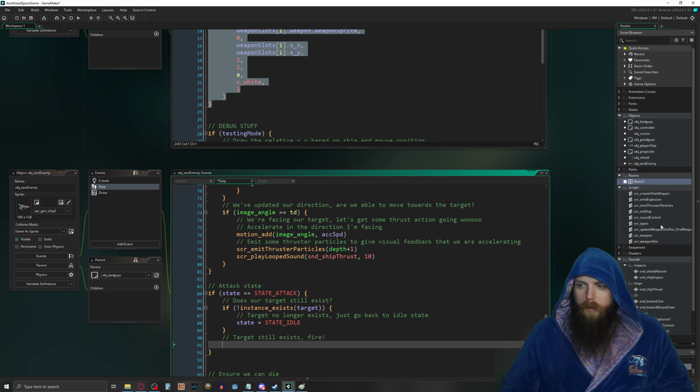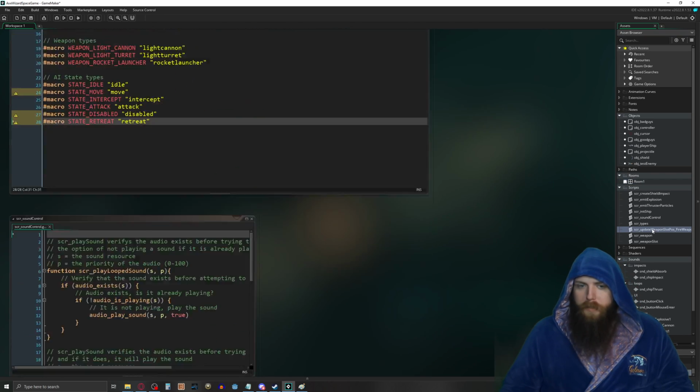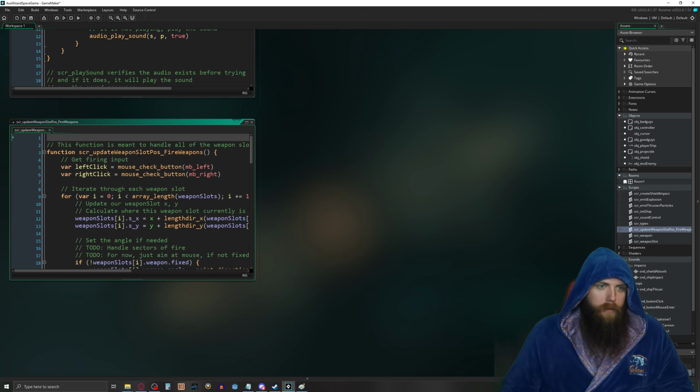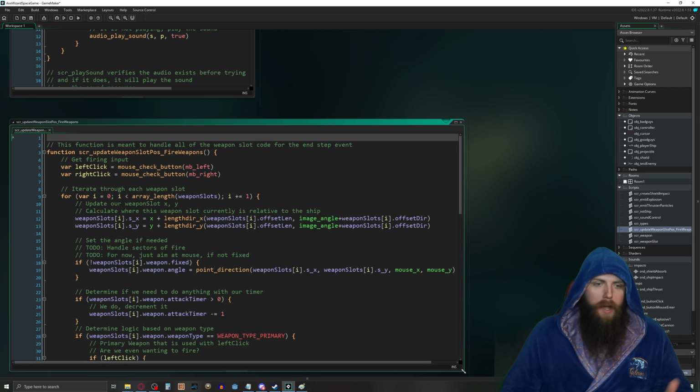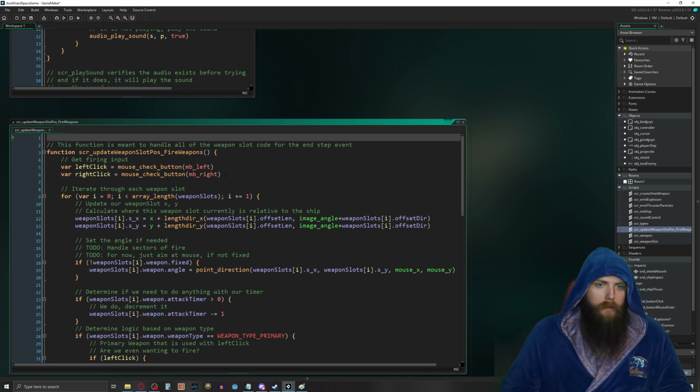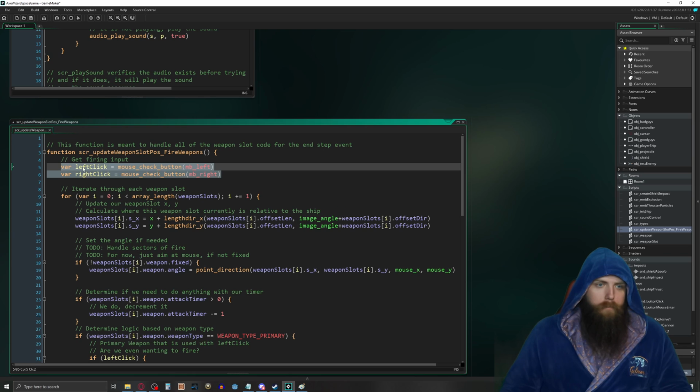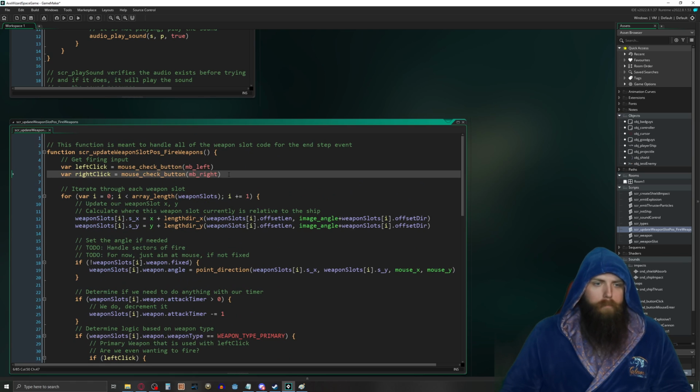Fire! So if I take a look at this, update weapons slot and fire weapons, I might have to modify this so that it will work for AI as well, because yeah. Because I still need to also update the